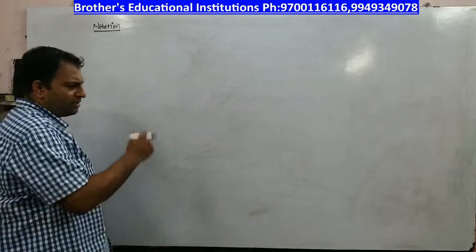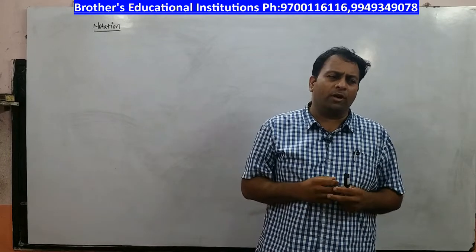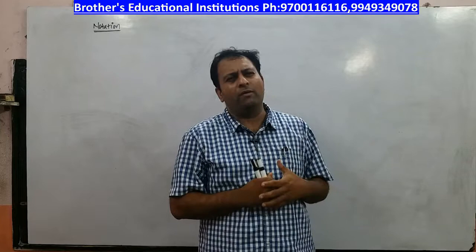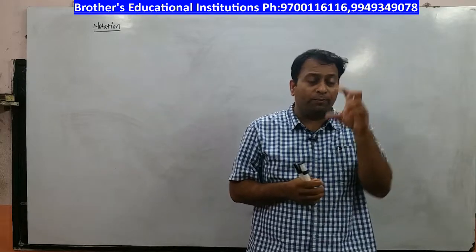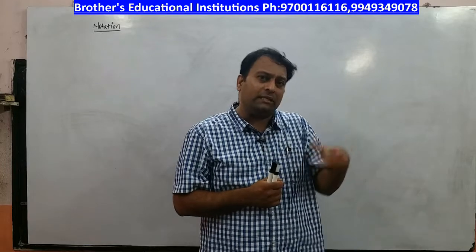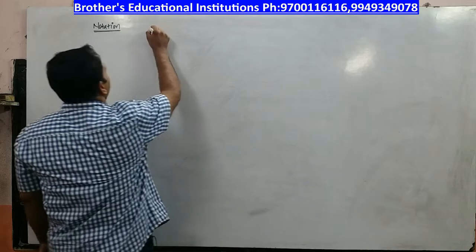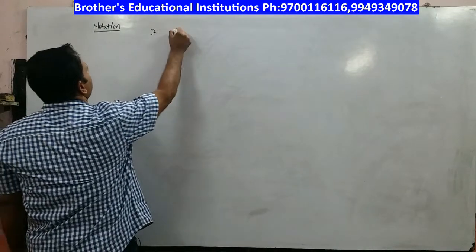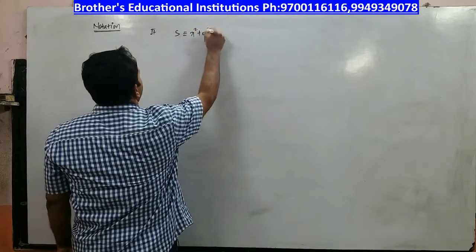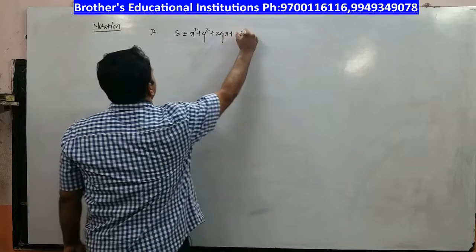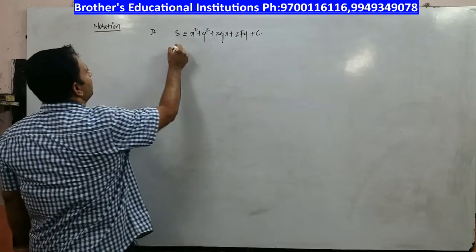Notation, right? I'm sure you must have copied the previous thing. Now this notation is very, very important, because afterwards, for any formula I want to refer to, I will use this notation only, and you will get confused. So make sure that you are attending and practicing this notation very sincerely. Now what I'm trying to tell you is, if S is represented by x² + y² + 2gx + 2fy + c, you know that this is the equation of a circle. Then,